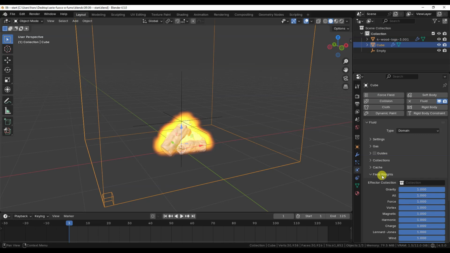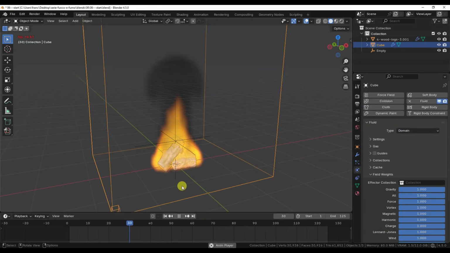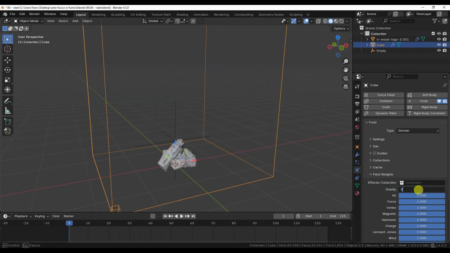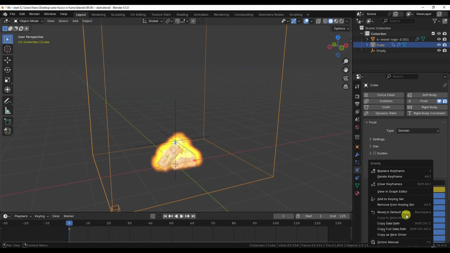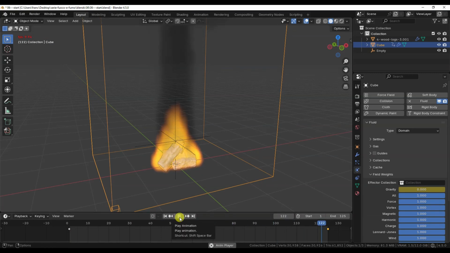Regarding field weights, for now, all we need to say is that the simulation can be influenced by external forces, and here we can define the extent to which these external forces affect the simulation elements. One of these external forces is gravity, which is enabled by default at the scene level and is what actually makes fire and smoke rise upward. So you can get a sense of how these fields work by adjusting the gravity value in the field weight section. Among other things, the field weights parameters are animatable, which means you can modify the influence of a given force during the animation from this panel without changing the force's own settings.